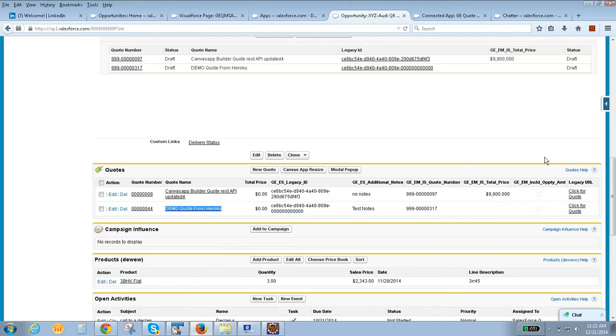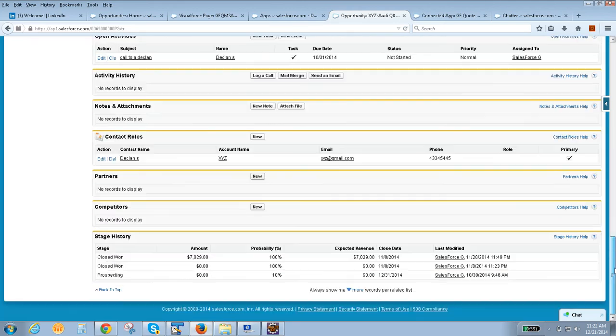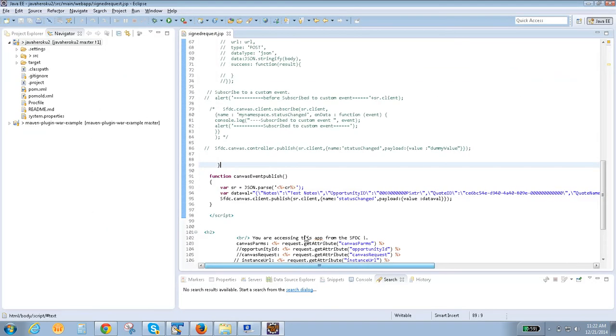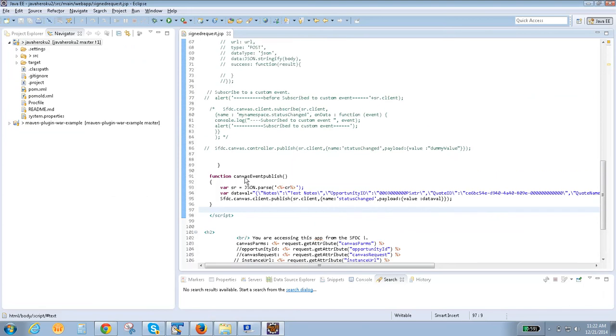Got it? This is how we can interchange the data by using the Canvas app, publish and subscribe model. Any question? So this is how we can communicate between the two systems.